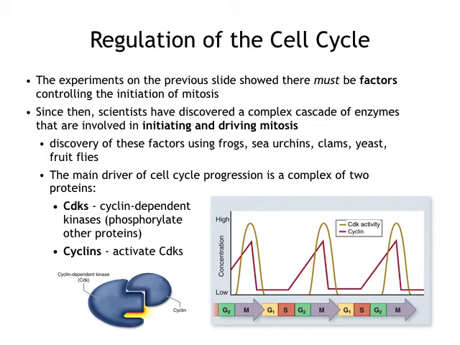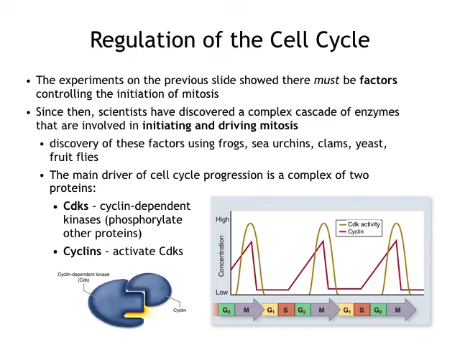And what you'll notice in the graph to the right is the concentration of cyclins. And on the bottom is the progress of the cell cycle, the different steps: G1, S, G2, and M phase. You'll notice that in red are the levels of cyclin. The levels of cyclin peak during mitosis and then dramatically drop after mitosis. As soon as they start increasing, the cell enters M phase, and then they drop. And as the levels of cyclin rise and drop,